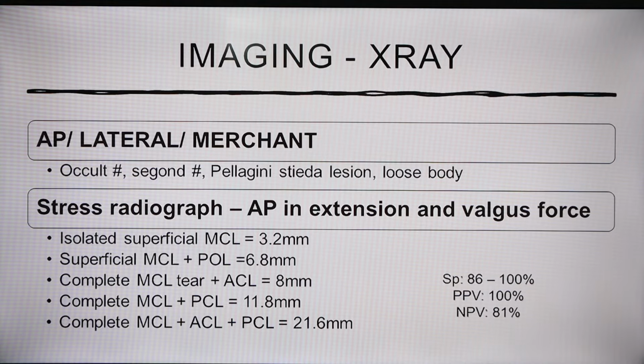So in any case, you need to perform a basic investigation. Plain radiograph is important. So you need to perform plain radiograph of the knee, AP, lateral and Merchant view. And what you want to look for is the occult fracture, such as tibial plateau fracture, Segond fracture, Pellegrini-Stieda lesion or loose bodies. Stop. Somebody tell me what is